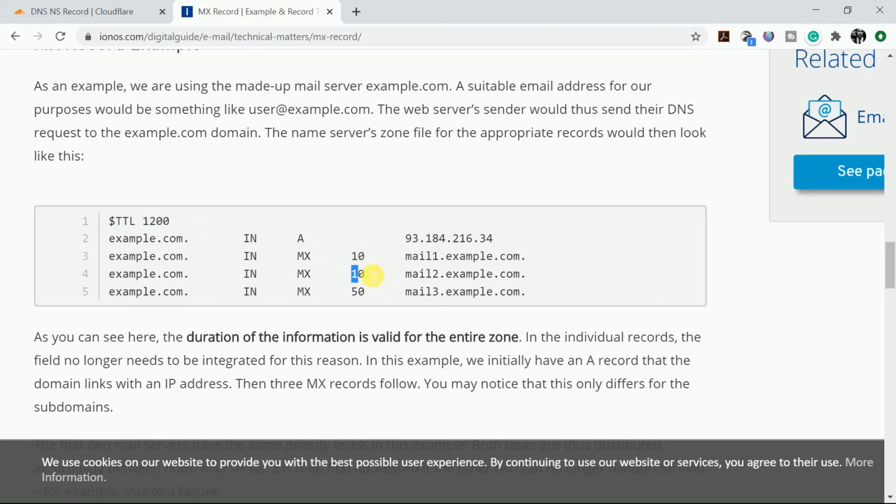I mean, if there are a number of mail servers, which one should be given a high priority and which one should be given a low one, that could be set using the priority. Okay, so these are the fields of MX records. You don't have to go into much detail about the MX record. Just for the information, you should know that there is a record in the DNS by the name of MX, which actually contains all the information regarding the mail servers.